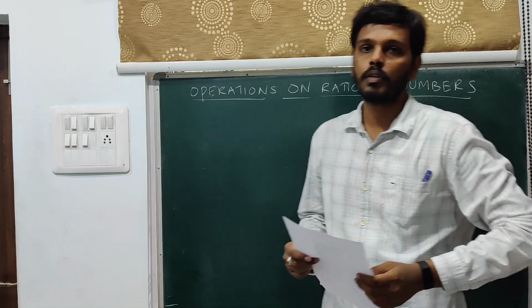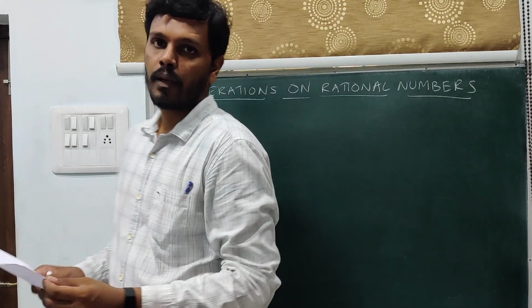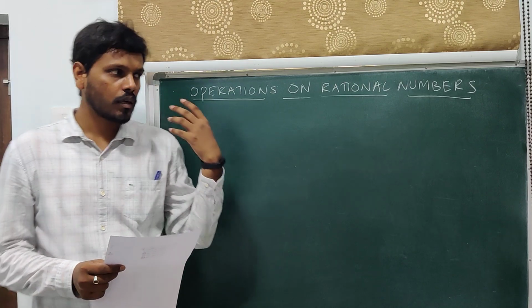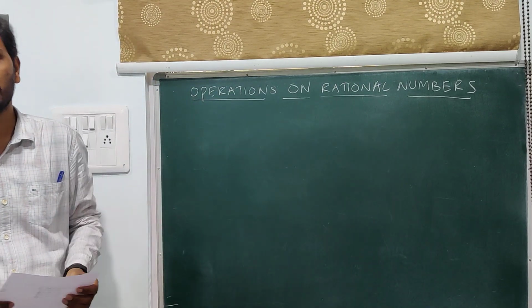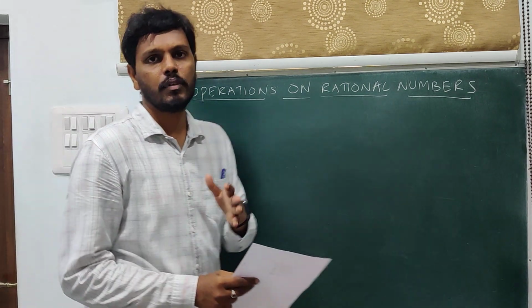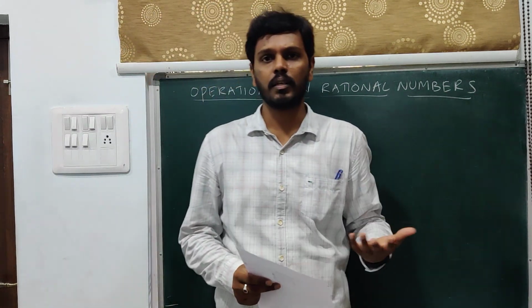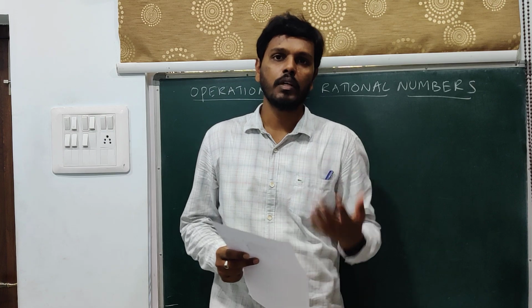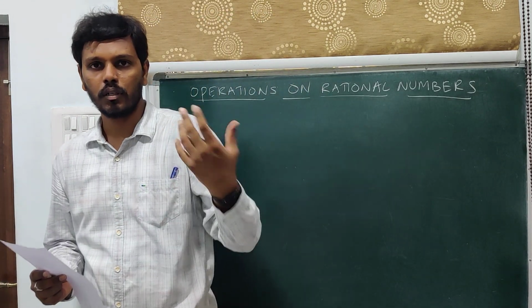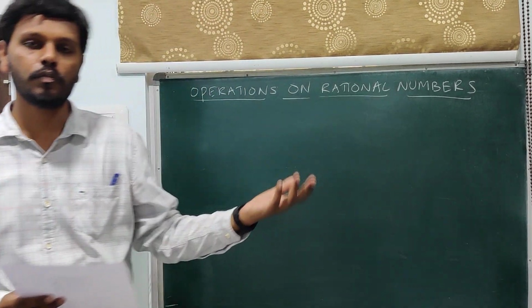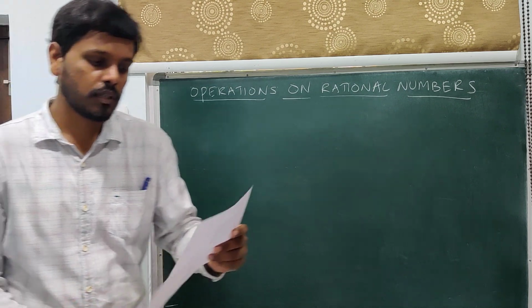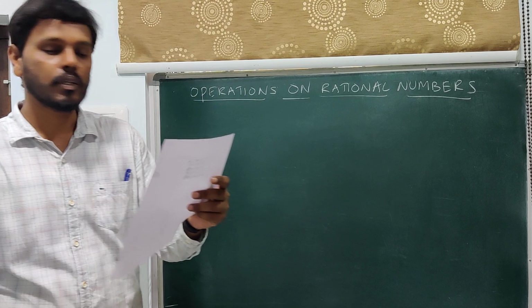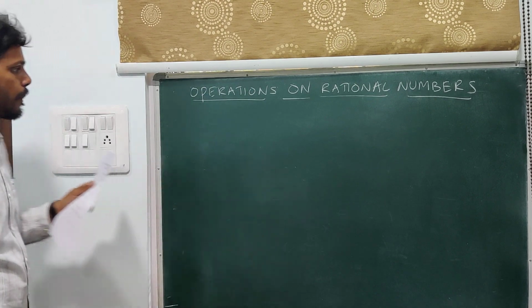In this worksheet, we come across problems based on the arithmetic operations on rational numbers. In the previous cases, we have done addition and multiplication separately, whereas here we will do all together. That is, not like a special entity of addition, subtraction, multiplication, division. We'll put all of them together and try to solve problems on rational numbers. So we go with the first problem.